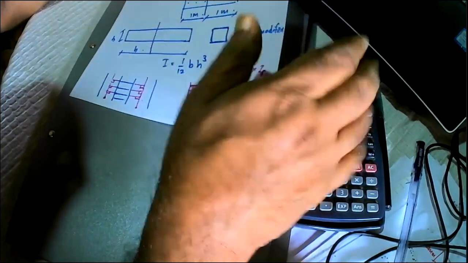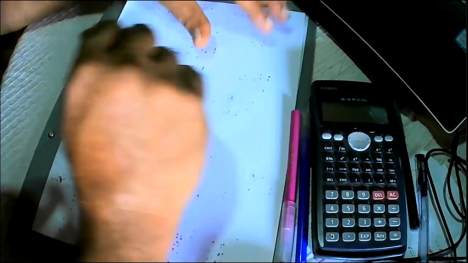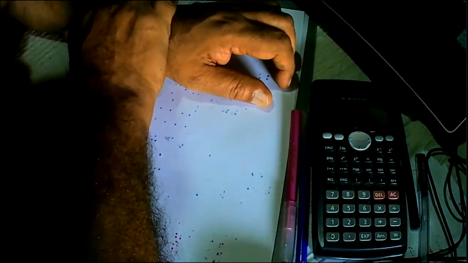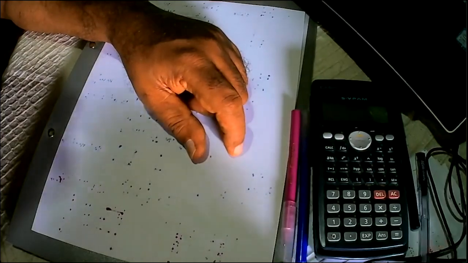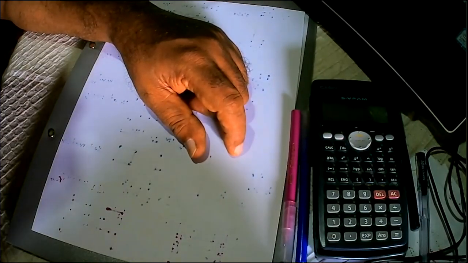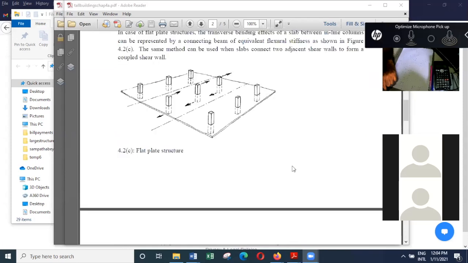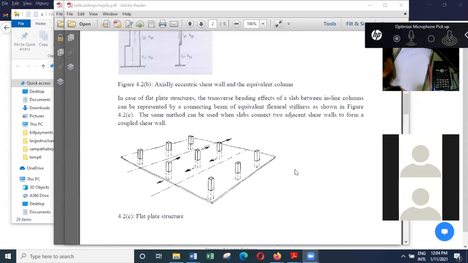Sometimes you find that these are useful, but to a lesser degree these days, because when you look at most of the programs, we have shell elements and we can easily model a shear wall with its actual size. Then the other thing that I want to highlight is that sometimes we get slabs. Instead of beam-slab construction, sometimes we get flat slabs. So when you get flat slabs,